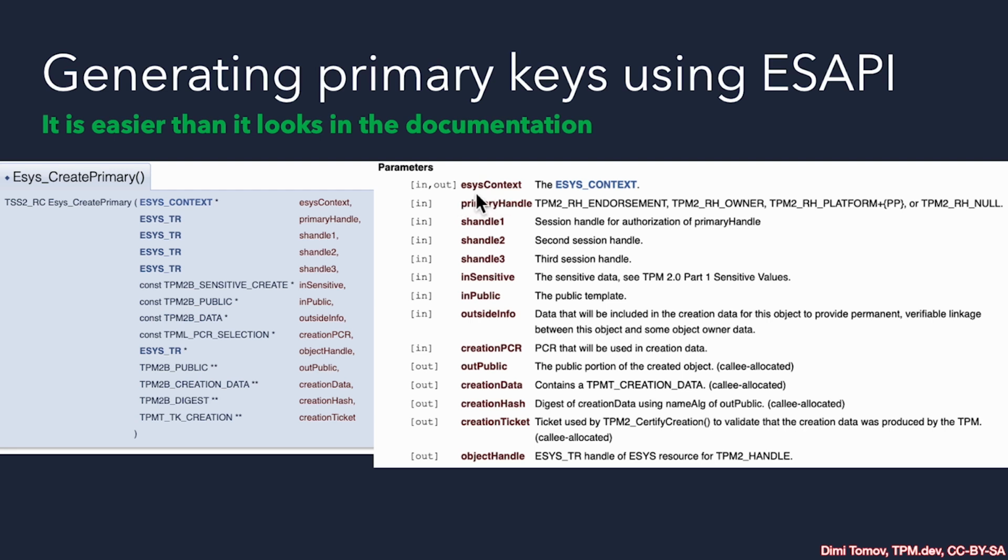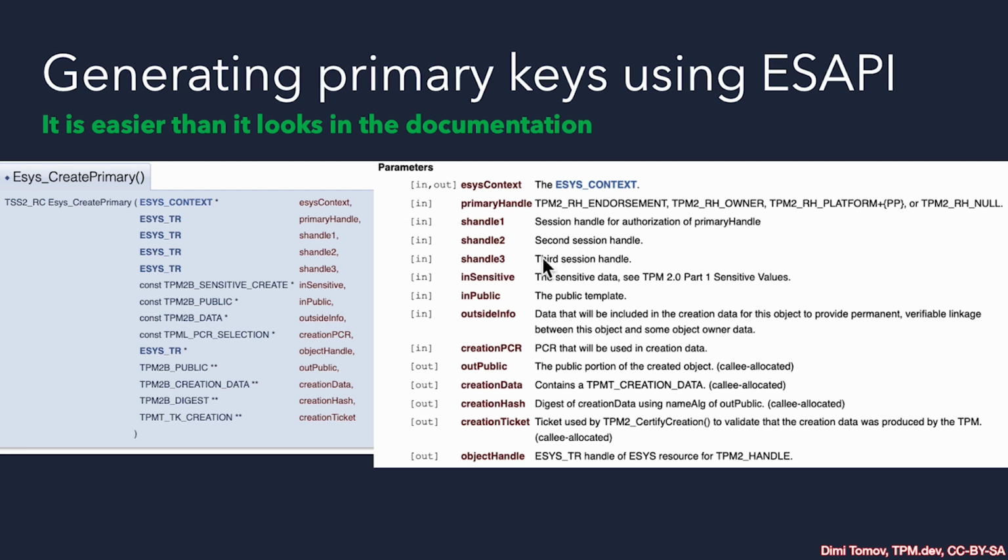Well, we need obviously our ESYS context. Then we need to define a primary handle, which is to say we need to define the TPM hierarchy. We learned about the owner hierarchy a lot in TC 1101. In TC 1102, we'll also start using the endorsement hierarchy for machine identity and other use cases. For now, let's just continue to use the owner hierarchy, as this is probably the most common one that you use in your application and use cases.